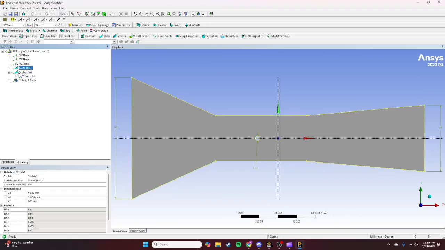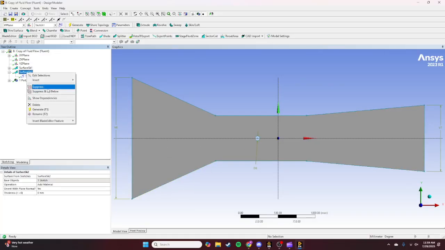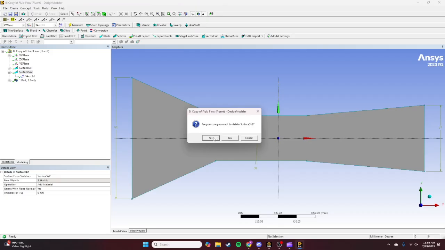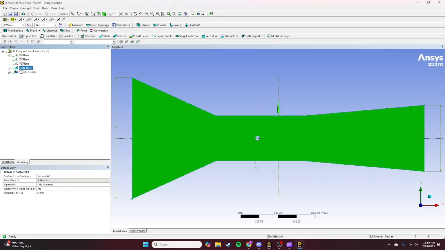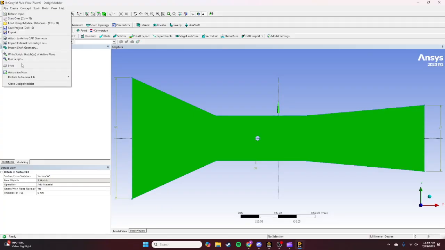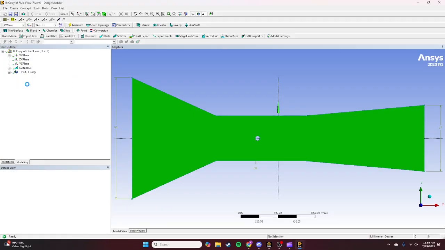Okay, so the surface sketch 1 picked up the new geometry, so we can actually delete that second surface that we just made. And I'm going to then close the design modeler,